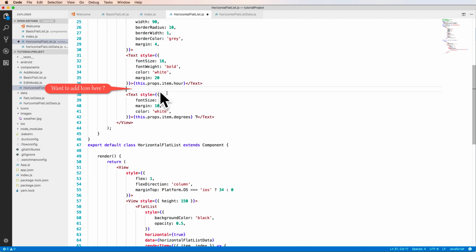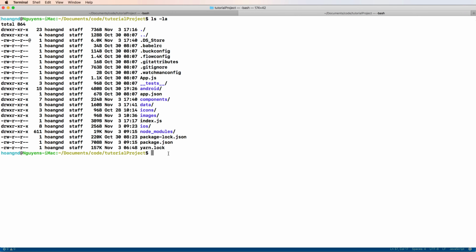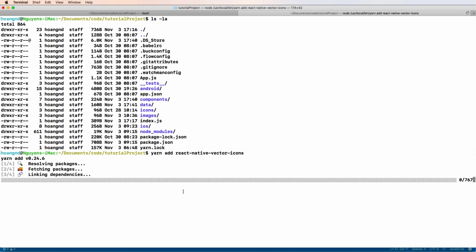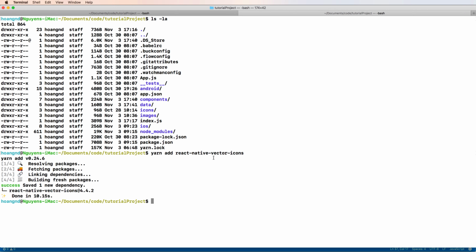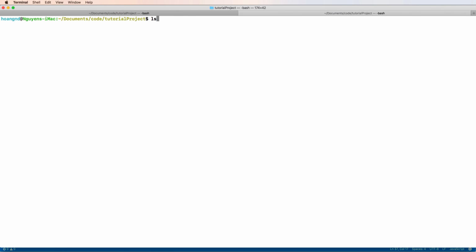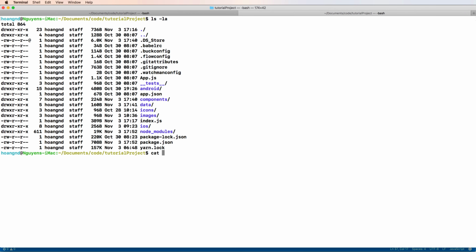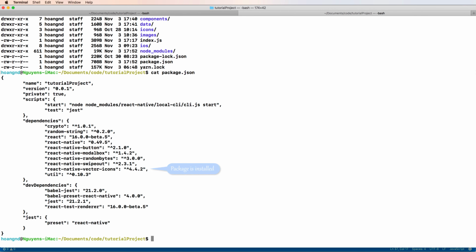Between two texts, we have an icon to show the weather status, rainy, sunny. So I have to add or install the React Native Vector Icons library. Install this package by using yarn, and you can check the package by showing the content of package.json. So we have React Native Vector Icons installed here. Okay,